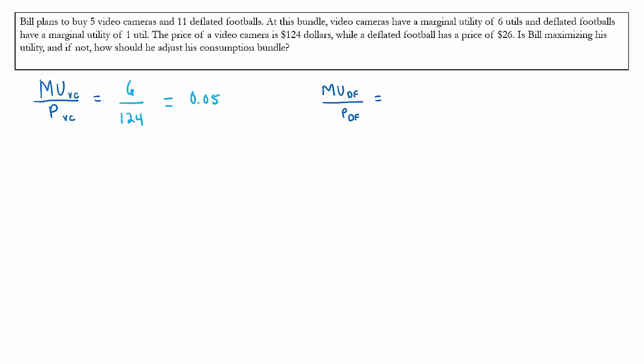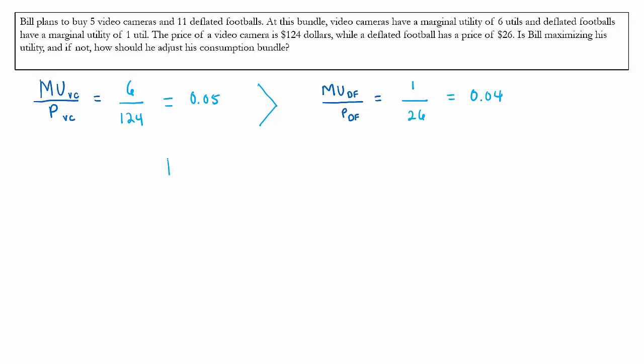Now, compare that to the bang per buck he gets from a deflated football. The marginal utility of a deflated football is 1, and the price of a deflated football is 26. So, if he puts $26 towards a deflated football, what he gets is 1 additional util of happiness. Again, let's make this a decimal, so that would be 0.04. For every $1, for every buck that he puts towards a deflated football, the bang, the reward, is 0.04 additional utils. We see here that his bang per buck is higher if the buck is spent on video cameras,